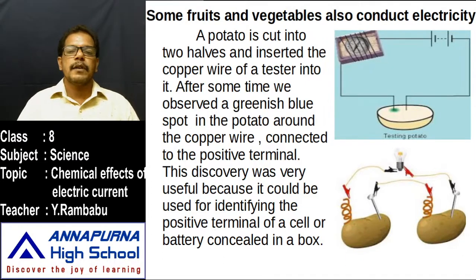After some time, whenever we insert, at that moment we observe deflection in the magnetic compass. That means we observe deflection in the magnetic compass momentarily, meaning conduction takes place. How does this conduction happen? In the potato a chemical substance is there that splits into ions, and those ions carry the charge, that's why it acts as an electrolyte. In the same manner, not only potato, some fruits or vegetables also conduct electricity.